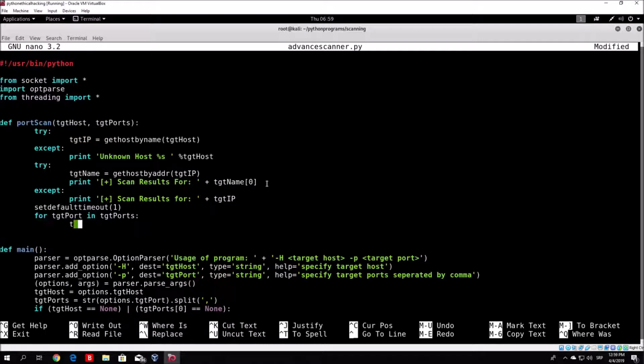We will use a variable called th to select a thread, and we will use Thread, open brackets, close brackets, and right here what we want to do is type target equals, and after this target equals we need to specify the name of the function which will perform the scanning of the ports. So we will call that function, for example, connection scan, so conscan, then comma, arguments for that function will be actually just the target host and the target port, so make sure to separate by comma, then args equals